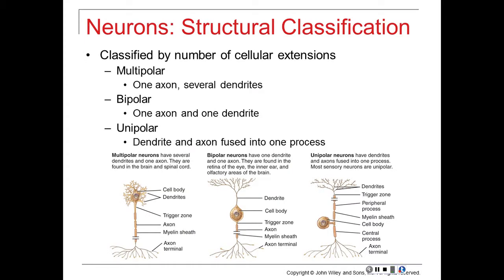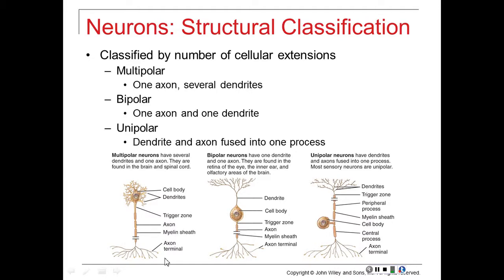So, neurons are classified by the number of cellular extensions. The neuron we were just looking at is called a multipolar neuron. This is the majority of the neurons within our central nervous system. It has a cell body, the dendrites, and one long axon coming off of it